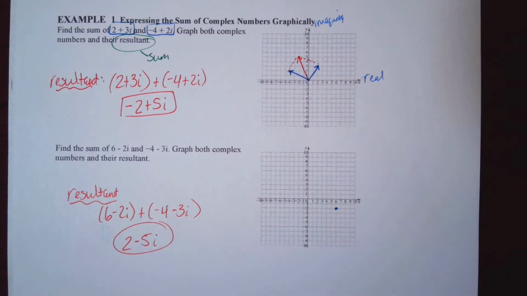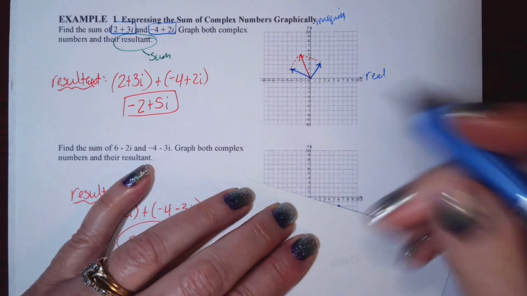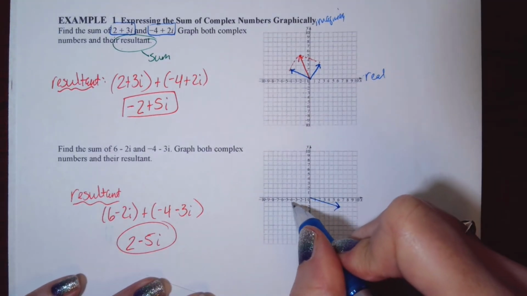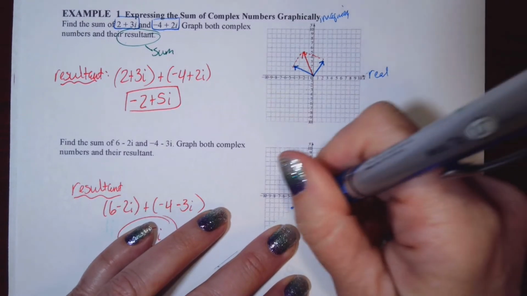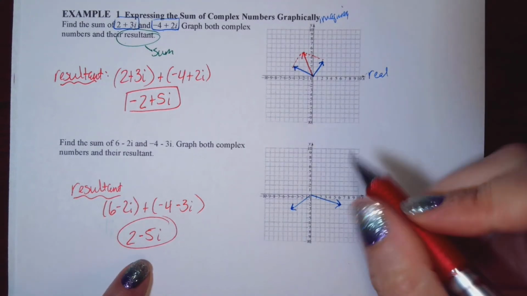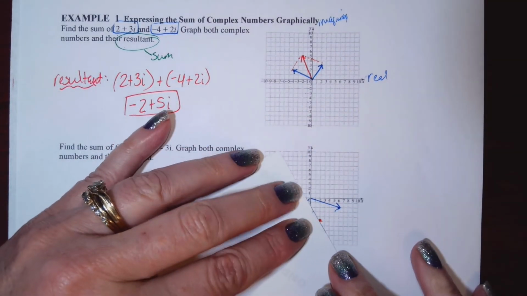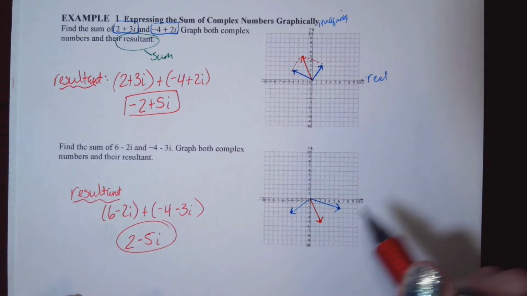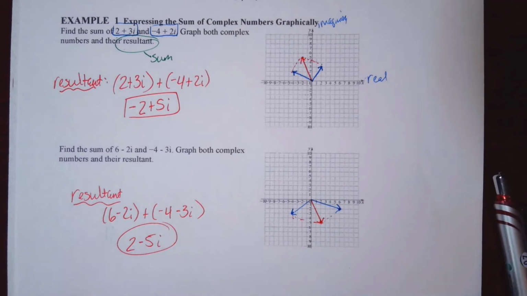If I can find the straight edge, there we go. And we've got -4 minus 3i. There's that vector. And our resultant, 2 and a -5i. There, and you can see again we've got that polygon formed between, reminds us that this is the rectangular form